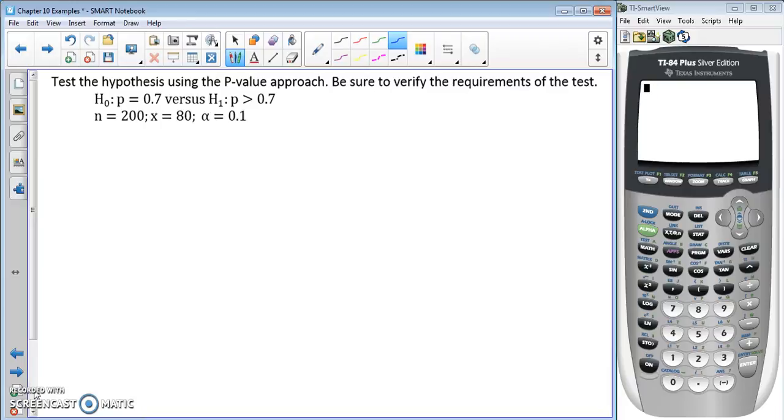Test the hypothesis using the p-value approach. Be sure to verify the requirements of the test. H sub 0 is the population proportion equals 0.7 versus the alternative hypothesis H sub 1, where the population proportion is greater than 0.7, where n is equal to 200, x is equal to 80, and alpha is equal to 0.1. So again, we're going to use one prop